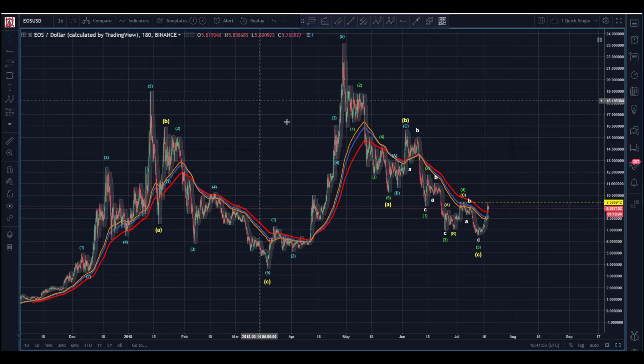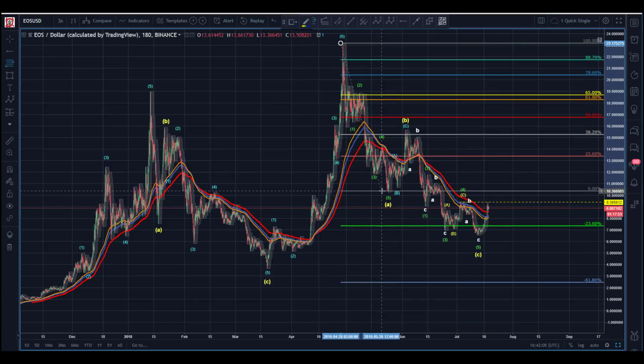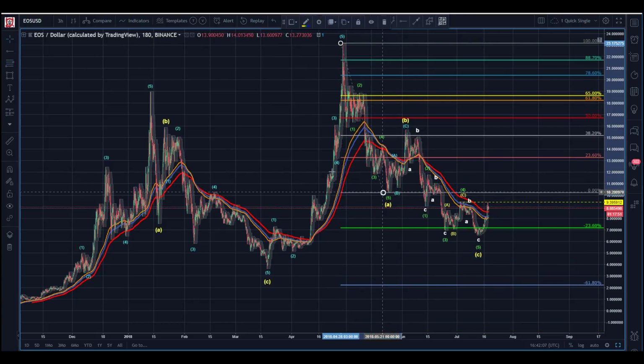And there's a few things we can do here to help build this case. So just looking at it, right? First thought is, well, let's look for a relationship between the A, B, and the C. So if we end up having this correctly identified, and this is our A wave, well, we're certainly going to look for a relationship between the length of the A projected from the B. So for a B wave, that's unusually shallow.